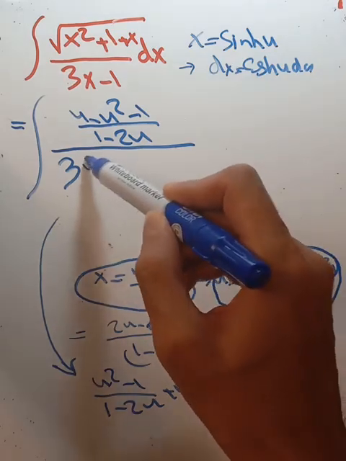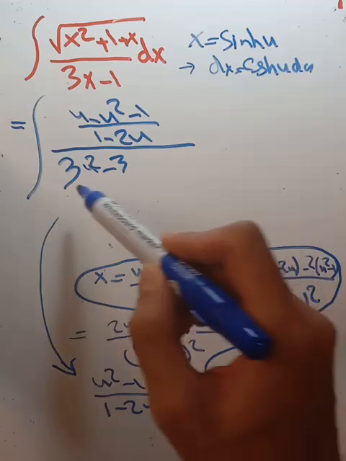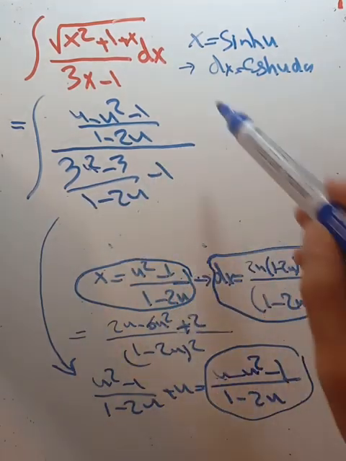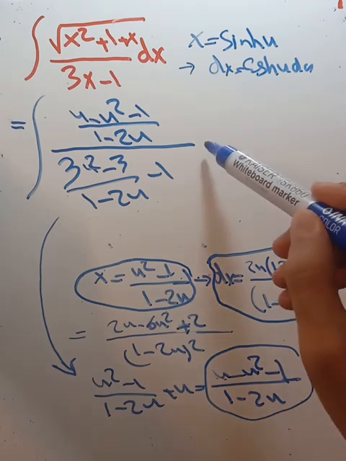So let me write it, 3u squared minus 3 over 1 minus 2u minus 1, and dx equals to this,